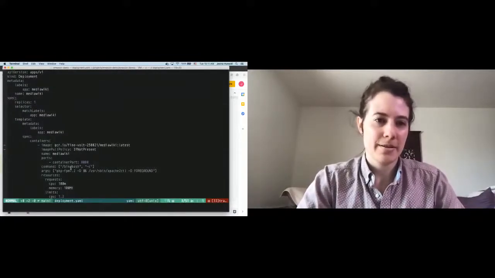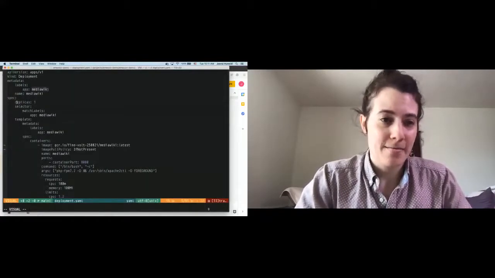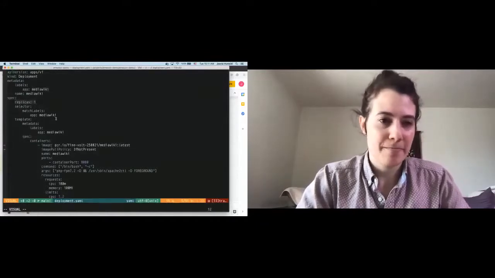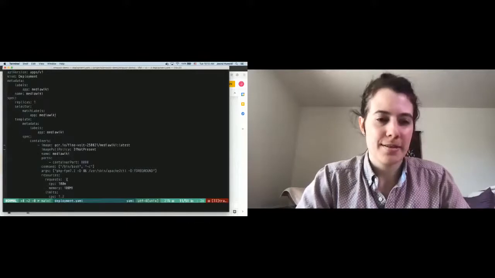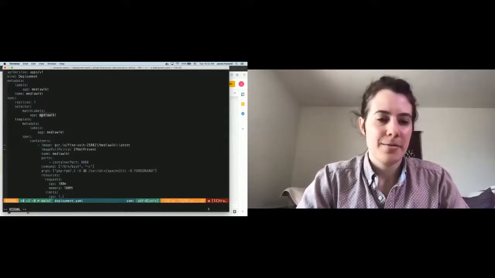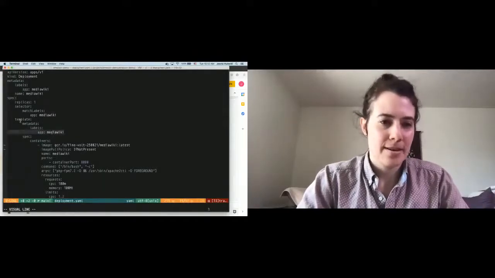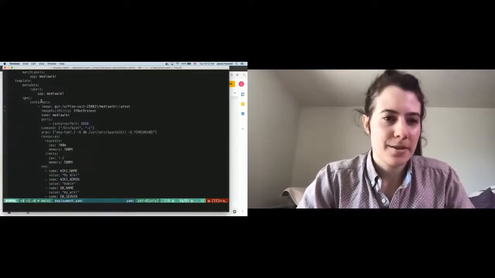So there's some boilerplate here, but basically we're saying that our app is going to be called MediaWiki, and we want one MediaWiki deployment here. And then we have this selector part, which basically controls this resource in Kubernetes that we're going to add called a replica set, and it just needs to know what it's controlling here. So this is just matching this right here. And then the important stuff down here is our spec,